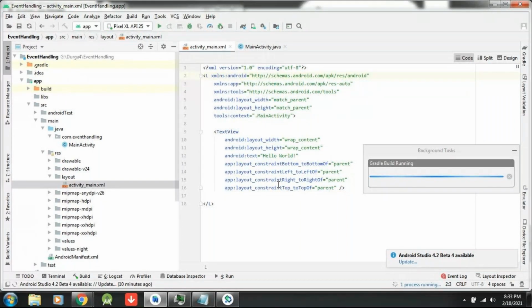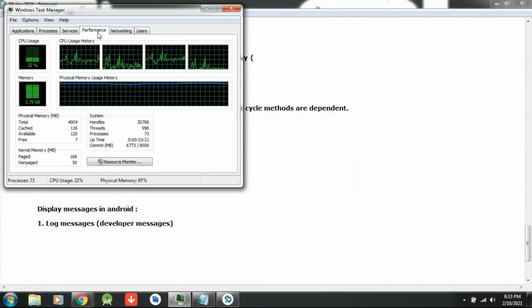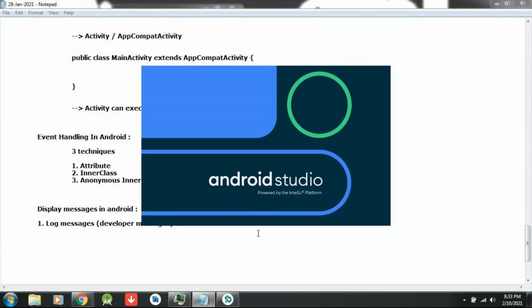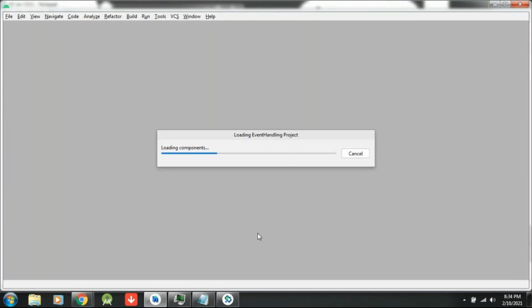Let me try to launch now. So it's loading our event handling project only.